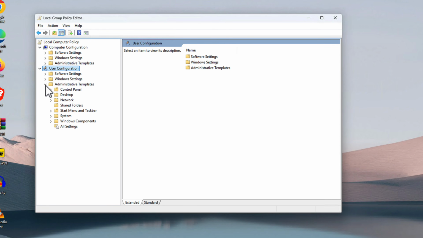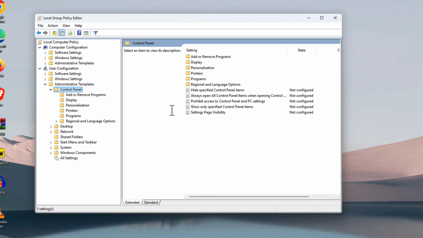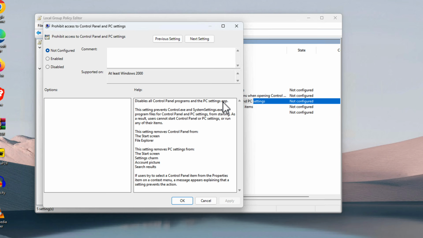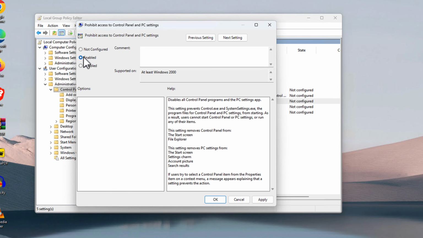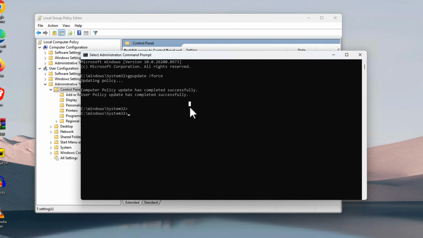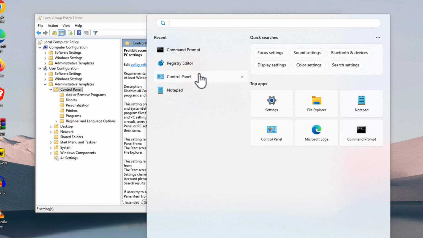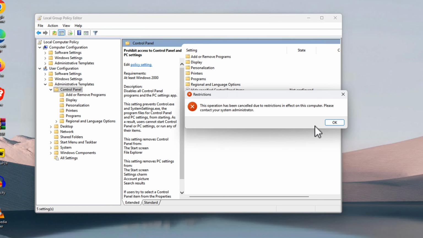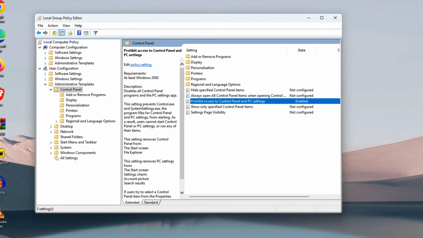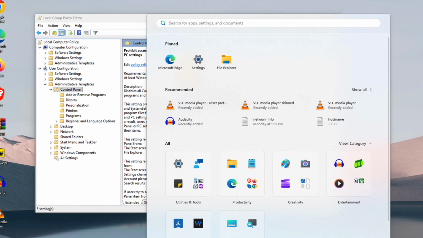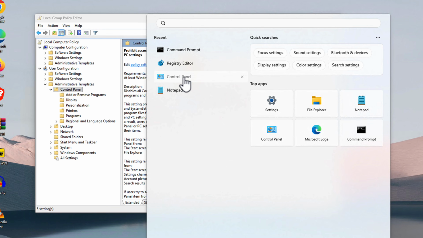Navigate to User Configuration, Administrative Templates, Control Panel. Find Prohibit Access to Control Panel and PC Settings and double-click it. Set it to Enabled. Click Apply and OK. Run gpupdate /force in Command Prompt to apply immediately. When a standard user tries to open Control Panel or Settings, they receive an error message stating that access has been restricted. What this blocks: network settings, sound settings, display settings, device settings, app management, account settings, essentially all administrative